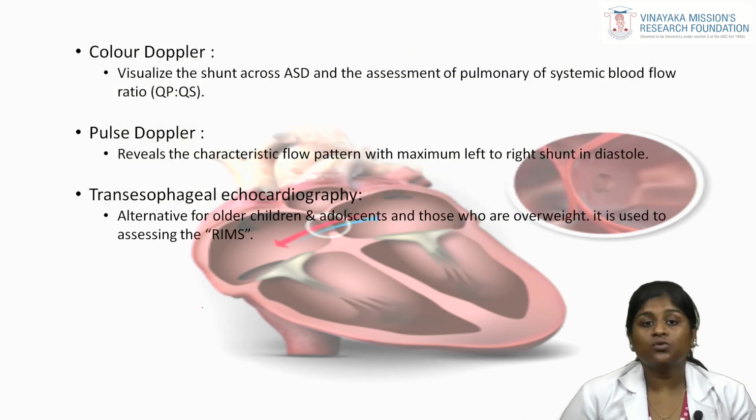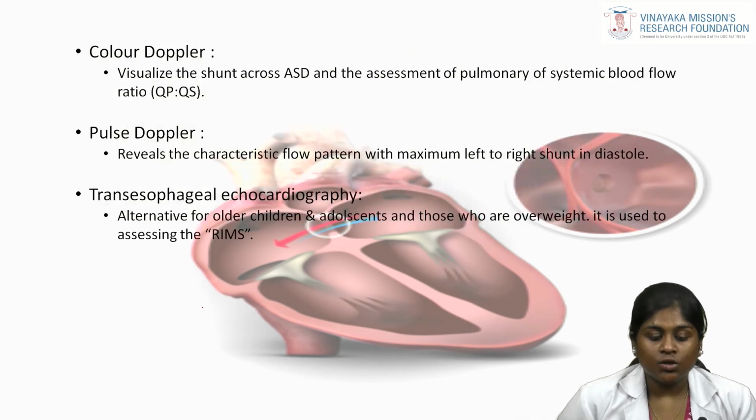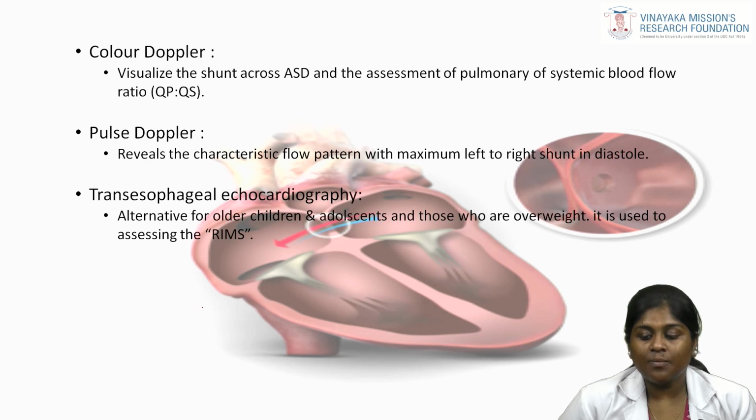So next, what is the use of color Doppler in ASD? Color Doppler shows the shunt across ASD and allows assessment of the pulmonary to systemic blood flow ratio, that is QP:QS. Through color Doppler we can see the abnormal shunt across the atrial septum. Next is pulse wave Doppler, which reveals the characteristic flow pattern with maximum left to right shunt in diastole. So we can see the direction of flow and the velocity of flow from left to right side